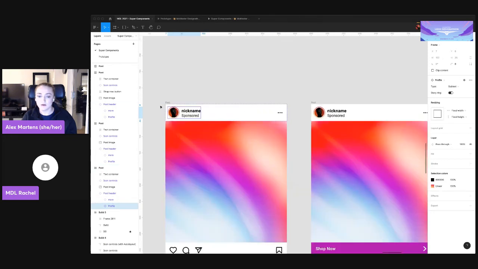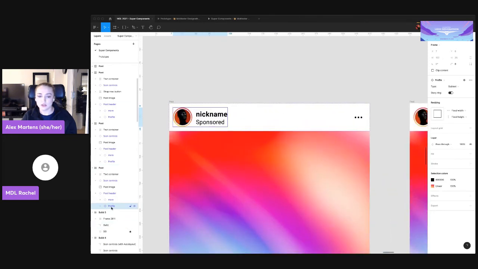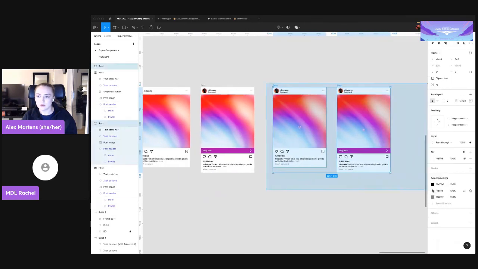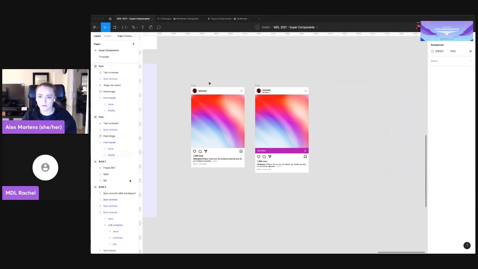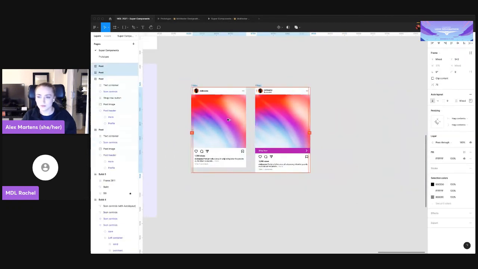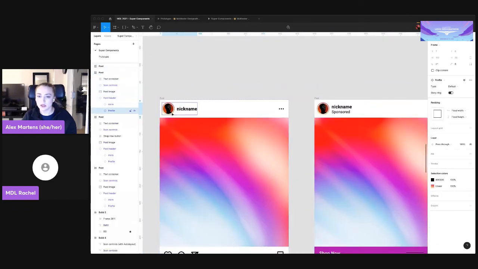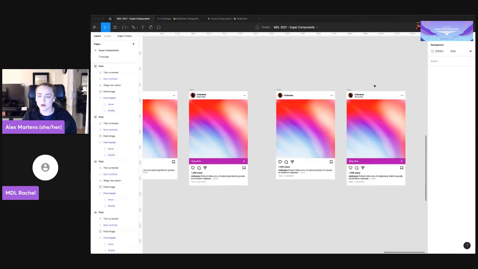We're just going to click into this layer that holds our master component and switch this to default. And I'm just going to delete these. We're also going to create one that maybe doesn't have the ring, because we can also do that in the larger